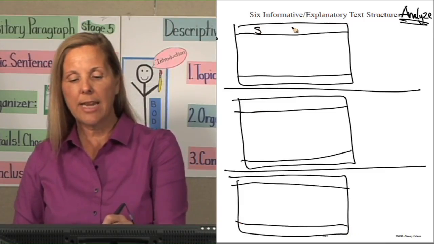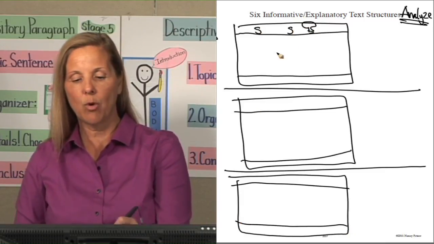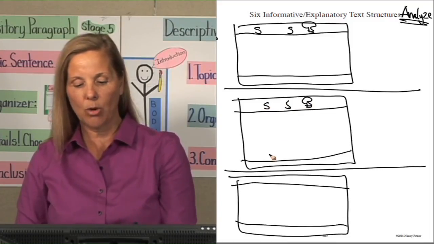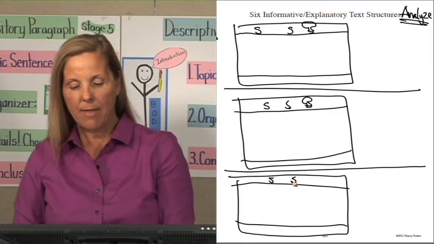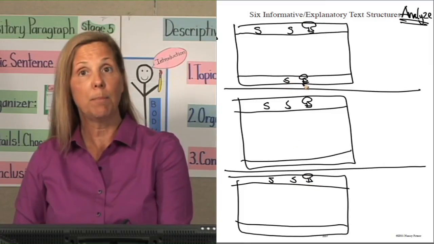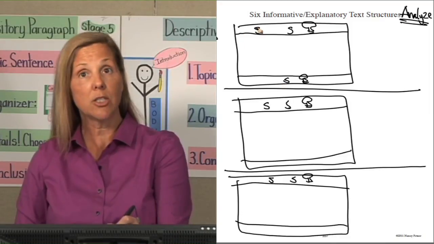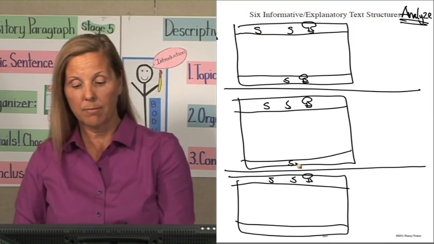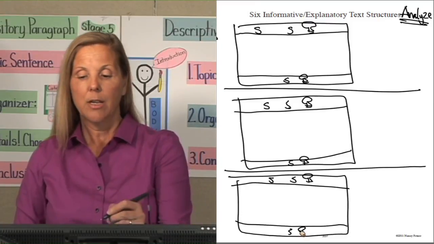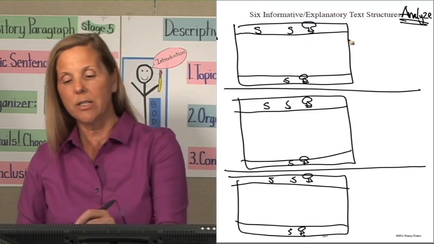And they have the same exact secret formula. SS light bulb for our topic sentences or our big idea. And then the bottom is going to be S light bulb, subject, big idea. We're repeating the topic sentence using different words. Let's go to this top organizer. This will be